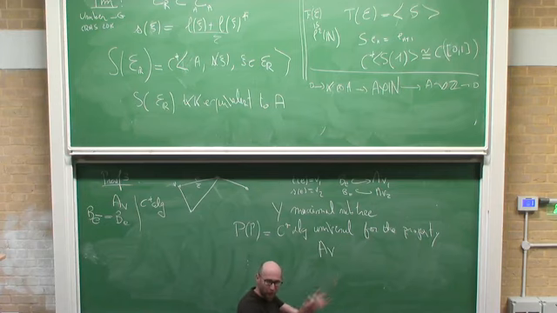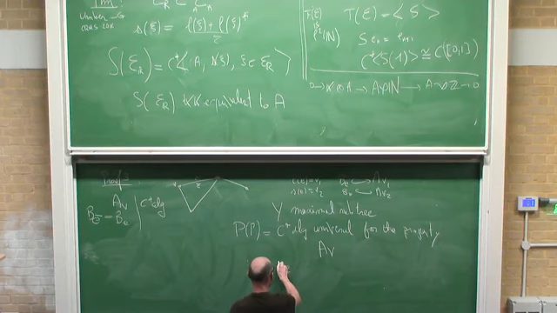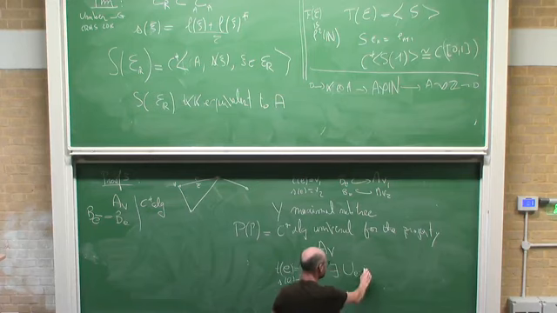And I want to compare these embeddings of the B_E's into the A_V's. And so what I'm saying is that if I have an edge so that T of E is V1, and the S of E is V2, then I want to have a unitary U_E